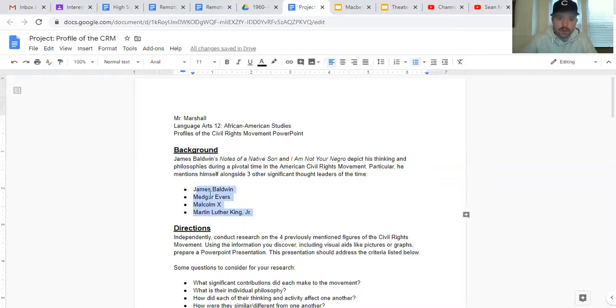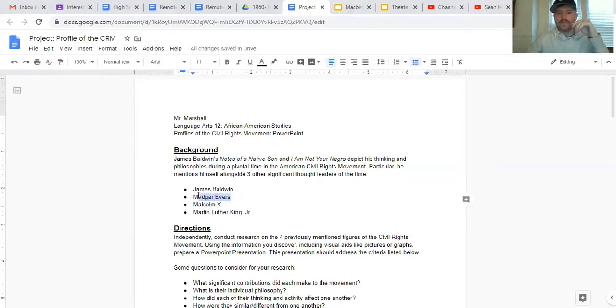And then there are four figures that we are going to look at. Some are household names that we've talked about, or you've talked about, or your parents have talked about, or your teachers have talked about, whatever, millions of times. However, there are some others that maybe aren't so recognizable at first. The first being James Baldwin himself. Okay, so he's an author, and he has some really astute observations. He's sort of like a theoretical, cultural philosopher, if you will.